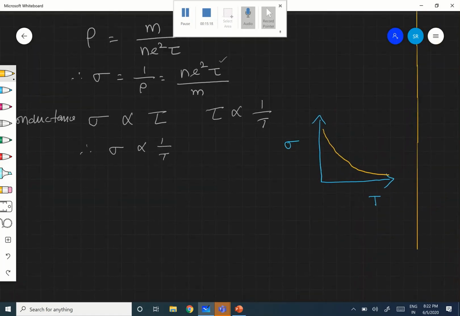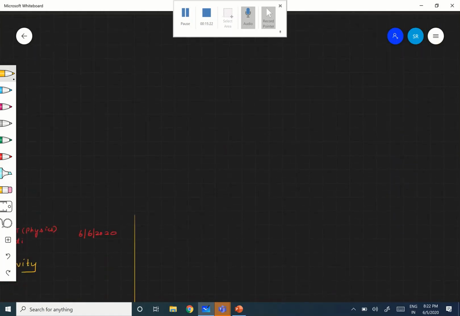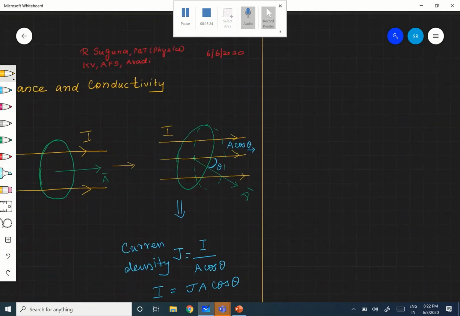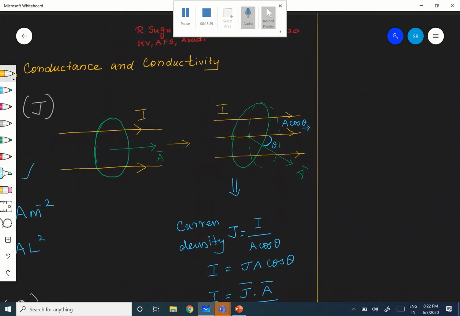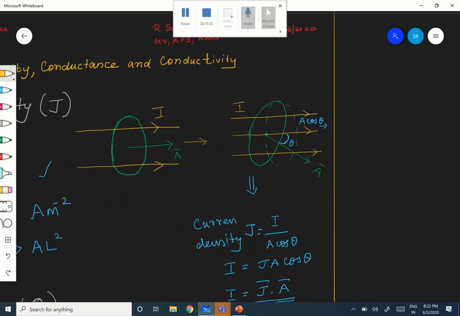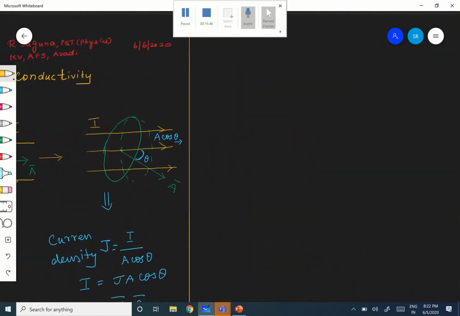Fine. Now, shall we go to the next one? Now we are going to see something very important. We have seen three terms here. How are they related to each other? For example, now I just want to give you the relation between